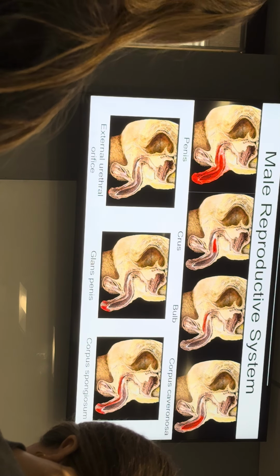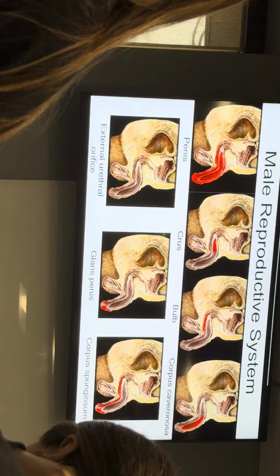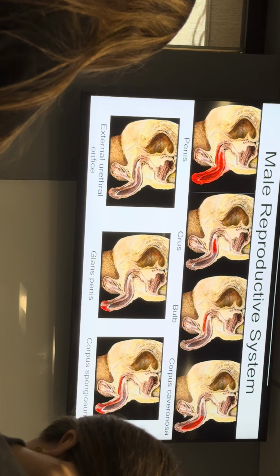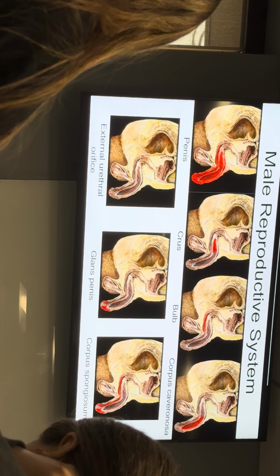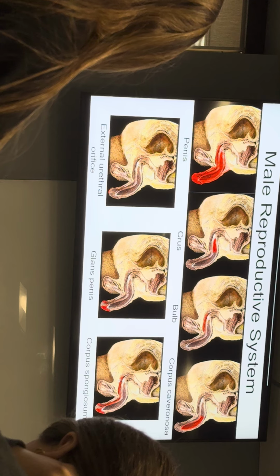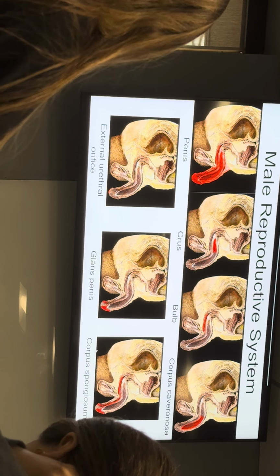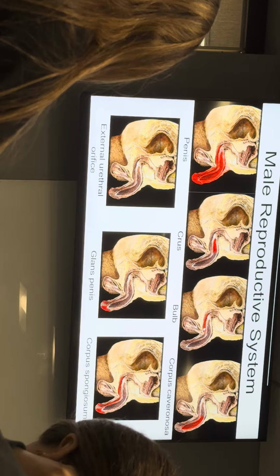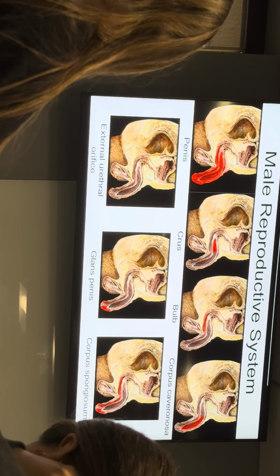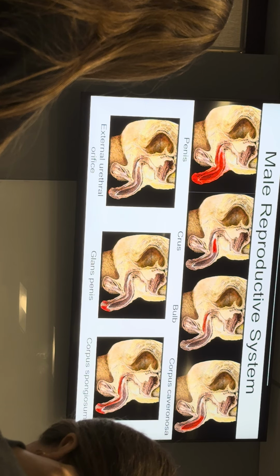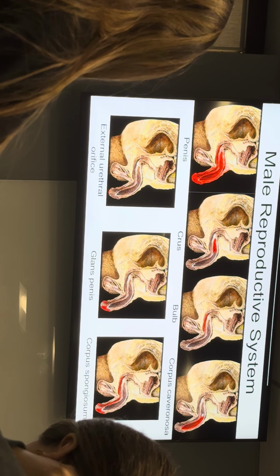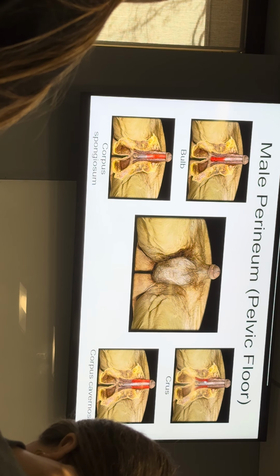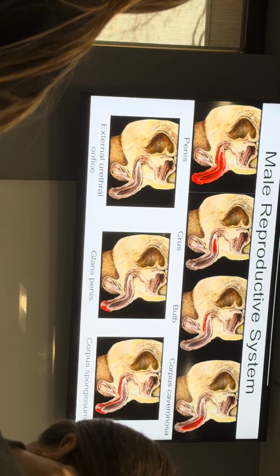Okay. So here's the whole penis. Notice a large portion is inside, the rest outside the body. This is the whole corpus spongiosum, finally highlighted correctly here. The corpus spongiosum enlarges on the end to form the glans penis or head of the penis, and inside the body enlarges to form the bulb. And then the corpus cavernosa should be this plus this, all this orange part on top. That's the corpus cavernosa. Inside the body, it's the crus, and it veers off to the sides, acting as an anchor to hold the penis erect.